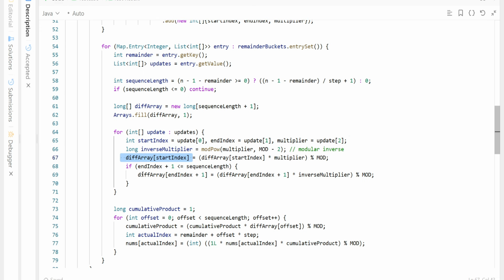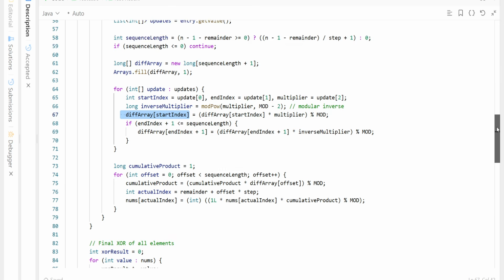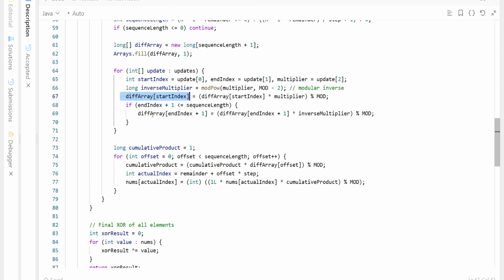And you will find the cumulative product. Once you find the cumulative product, you have to check the conditions also. So just like that, we will find the difference array, find the cumulative product and update it. To find the cumulative update, we have just created the difference array. Our difference array is prepared. Now, initially you will define the cumulative product, where you will have both products, and you will keep multiplying this. And you have to update our nums. Once you update your nums,